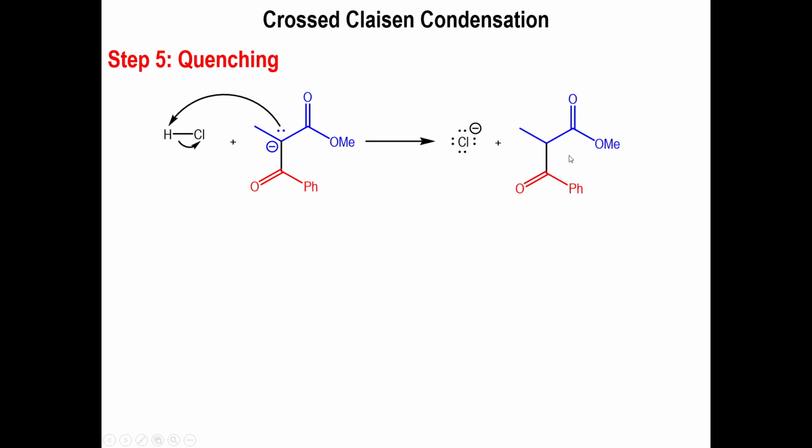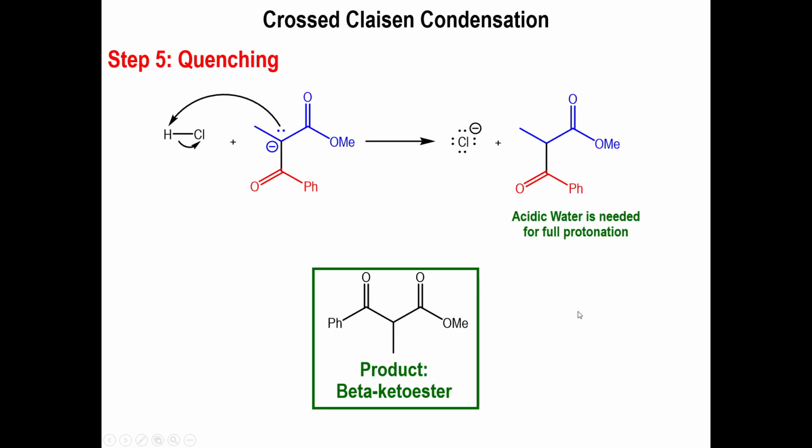All right, so here you can quench the reaction with water. You could even add alkyl halides to alkylate the product. It's technically up to you as to what you want to do with it. But for this purpose, I'm just going to go with the quenching in acidic water. So the enolate will attack the proton from your acid. You will then get the neutral product, and under the acidic workup, you'll be able to collect this in the organic layer. And once again, we are forming a beta keto ester,